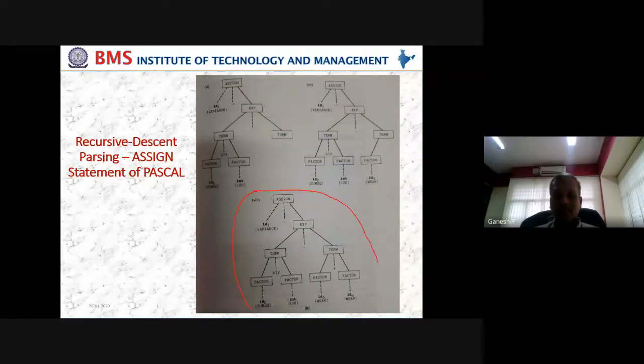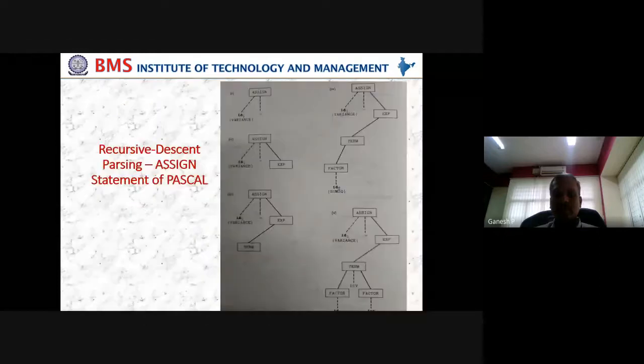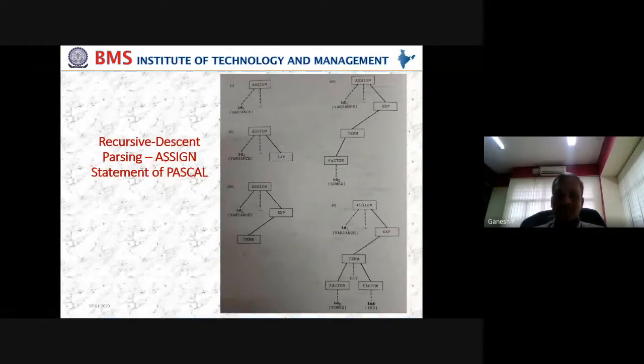If you observe how the diagrams have been built, all the diagrams are coming from a top-down approach. The same was reversed in the case of operator precedence parsing or shift-reduce parsing, where we built the tree from bottom to top. The same example was taken in operator precedence as well. There the construction of the tree was bottom-up, because operator precedence parsing demands that we consider the inner loop first. But here, since we have recursive descent parsing, which is an example of the top-down approach, all the diagrams are built from the top.